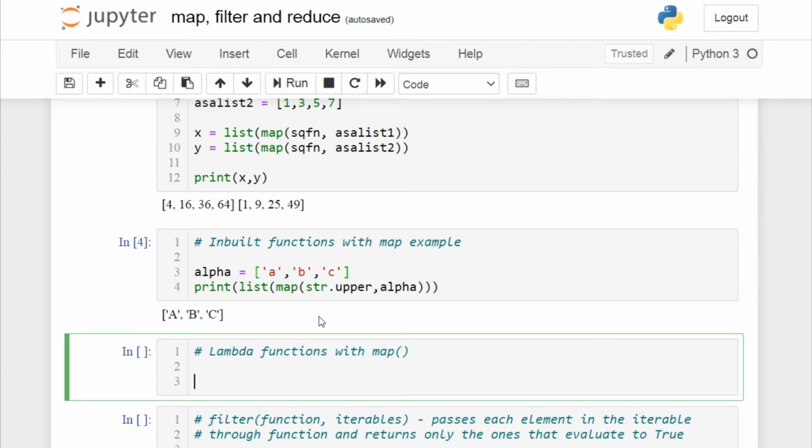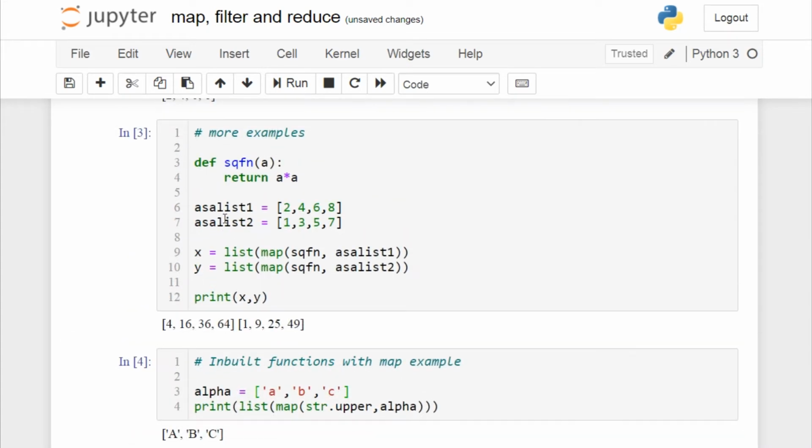So now let's create a cube of numbers. I will name this cube map. So map of, I'm going to use the first argument as function, but here I'm going to use a lambda function. So let's create a lambda function. So this is the defined function here. The second argument will be the iterables. And now let's use the predefined list.